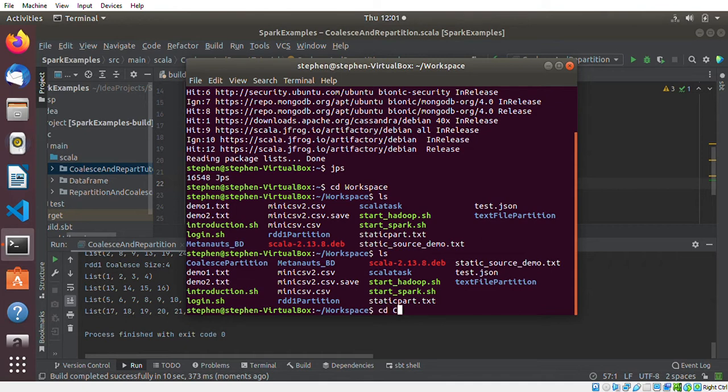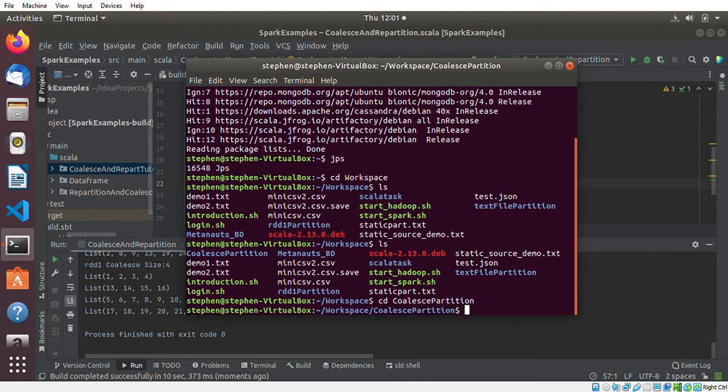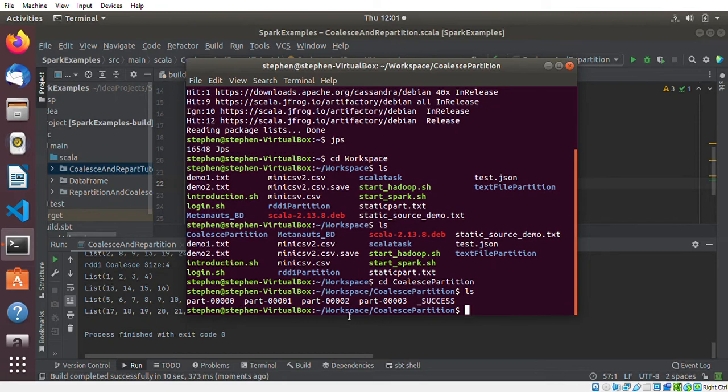cd coalesce partition. Now you can see, because it's a full partition, right, we have it starting from 0, 1, 2, 3. So we have 1, 2, 3, 4 partitions. So you can check the data in the first partition using part